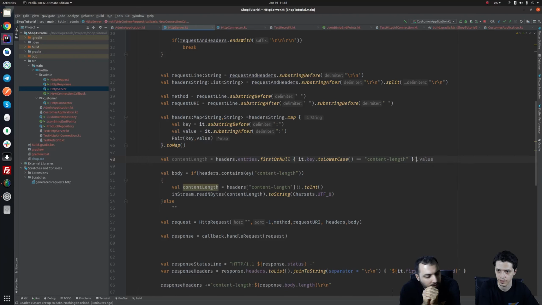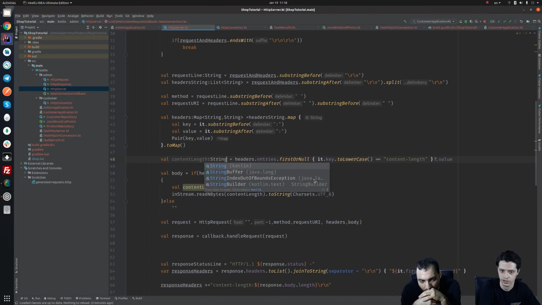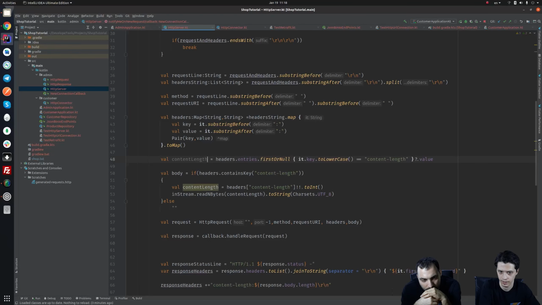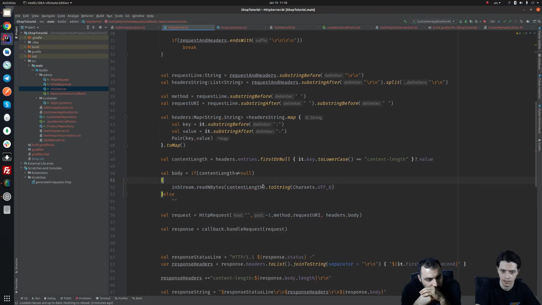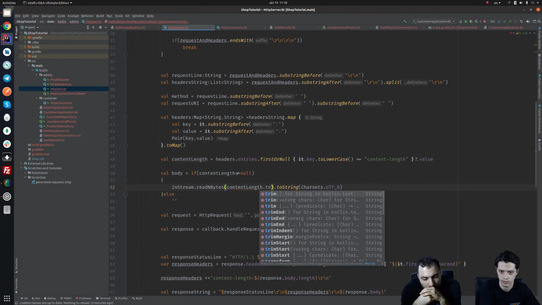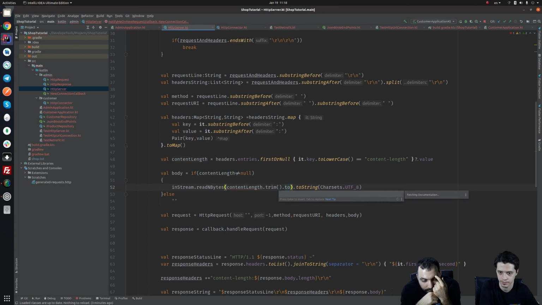So this is the safe call operator, because first or null returns a nullable value. Then we safe call the value on it, and it will be a nullable string. Then here we can say if content length is not null,